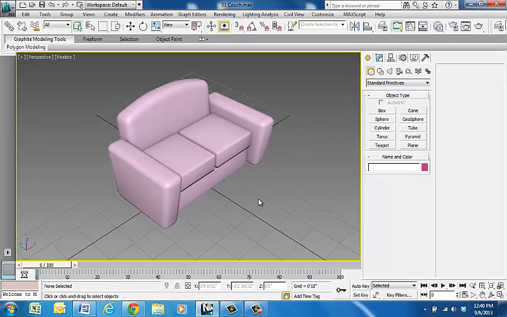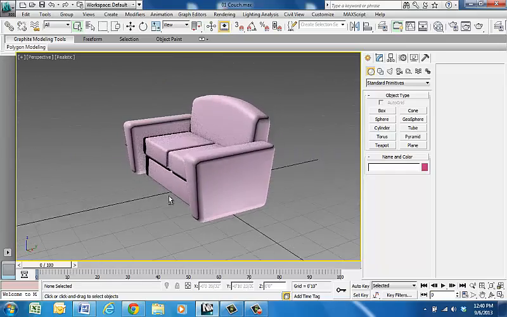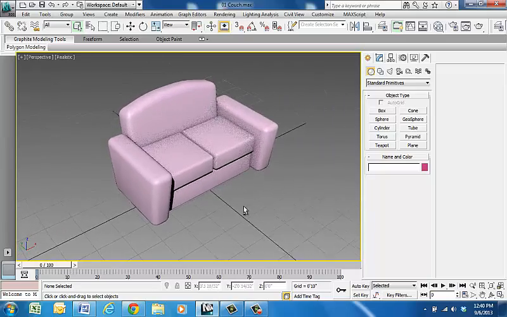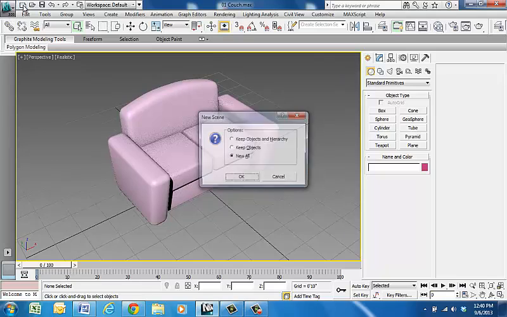Today we're going to make a simple couch using the box modeling techniques we've learned. You can see here if I orbit around, we got a kind of a cool couch design. And it's actually pretty easy to make. So on my new sheet,